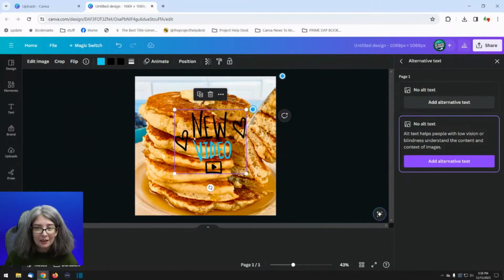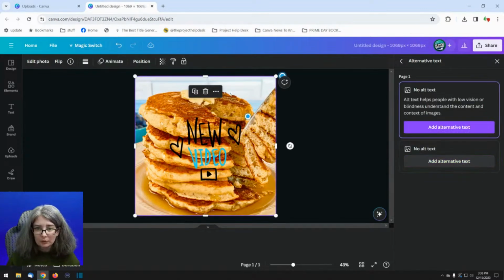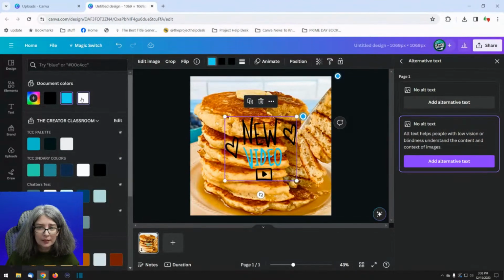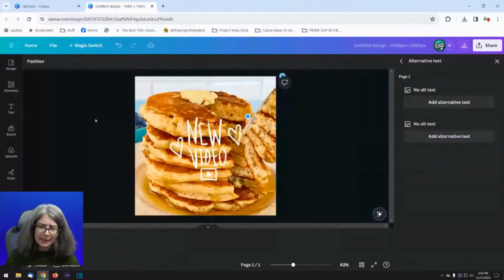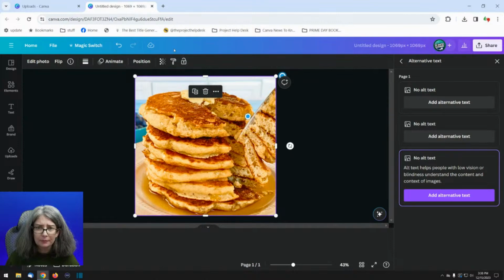This one, yeah, I like it. Oh, I know what to do. Let's see if I make it white. We're going to make everything white here. What if we duplicate this and put it right on top?